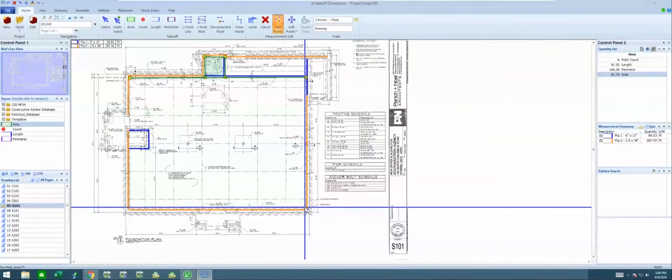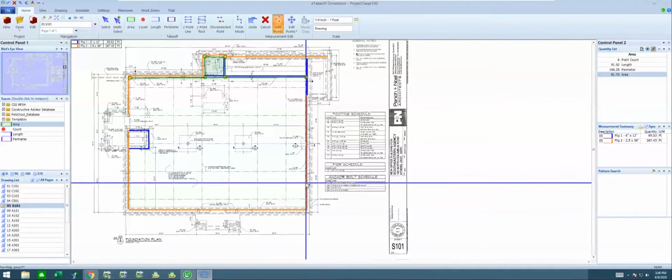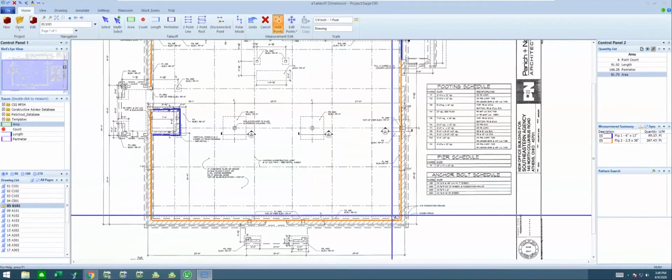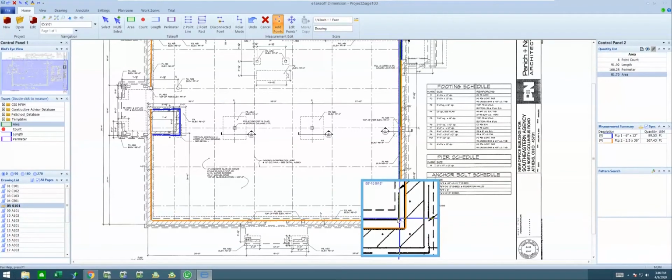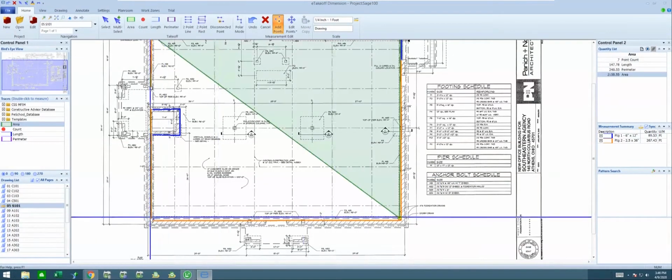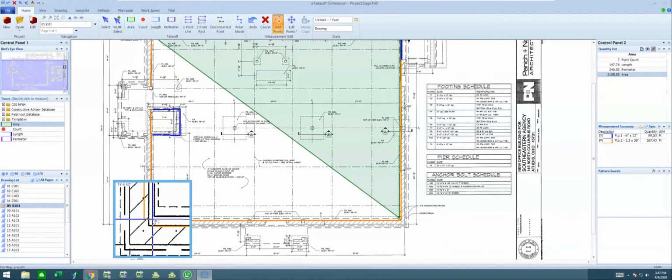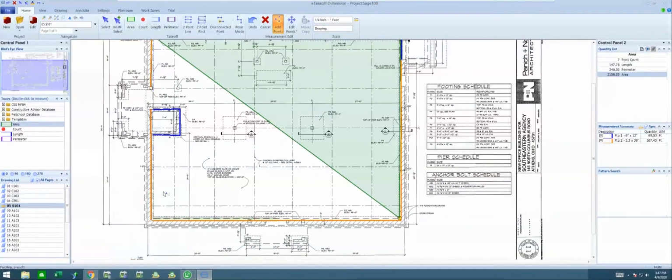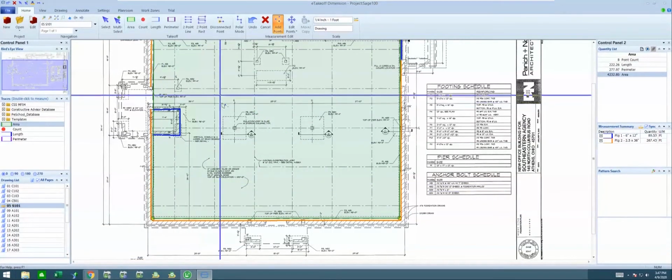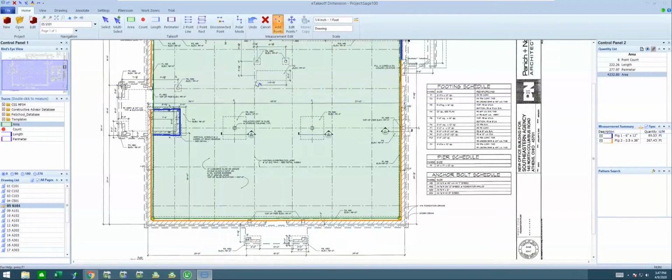If I click and hold the mouse button down, sometimes I don't have to have the resolution zoomed in so far, maybe I can just click and hold, and that will actually bring up a magnification window. So that way I could hit the corners a little bit tighter if there was a particular accuracy that I'm looking for as I'm going through there. So that's basically an example of an area.